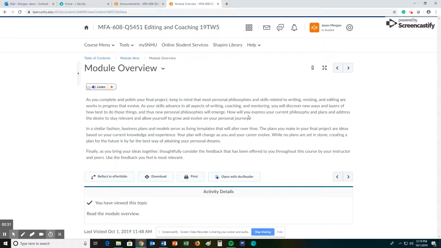Module overview. Some of you, if you've given me feedback, and especially as you did the assignment from Module 7, stated, hey, I don't really know that this is what I want to do, and stuff will change. But remember that your plans will change as you and your career evolve. It's a good idea to have the knowledge you learned in this class so you can go back on it, and you need to have a plan going forward. That's why we did the one for Module 7: what's your plan?